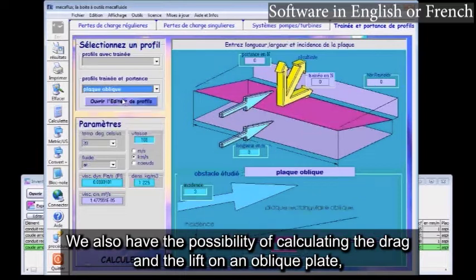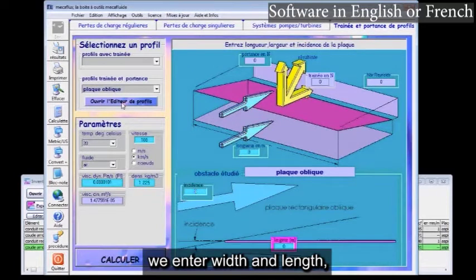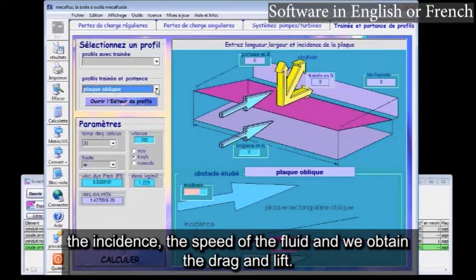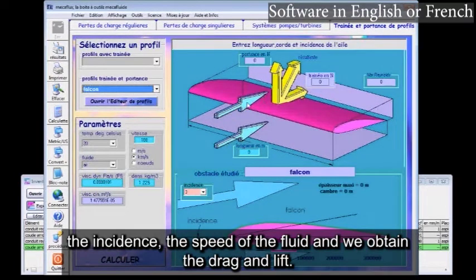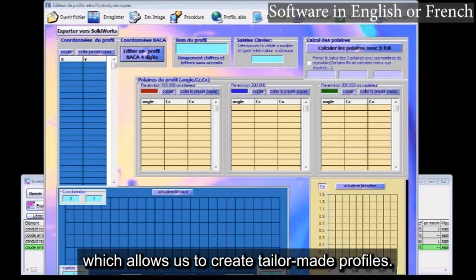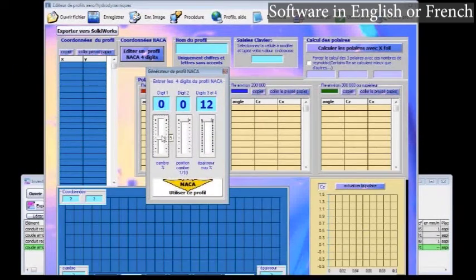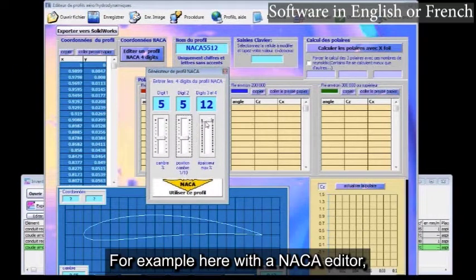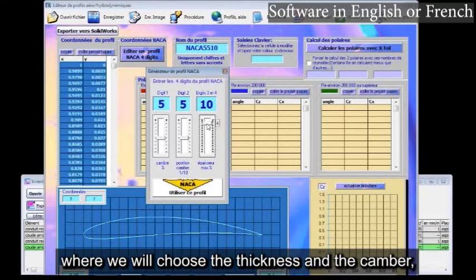We also have the possibility of calculating the drag and the lift on an oblique plate. We enter width and length, the incidence, the speed of the fluid, and we obtain the drag and lift. If these different profiles are not enough, we have a profile editor, which allows us to create tailor-made profiles. For example, here with a NACA editor, where we will choose the thickness and the camber,